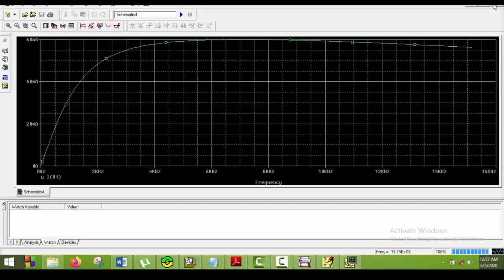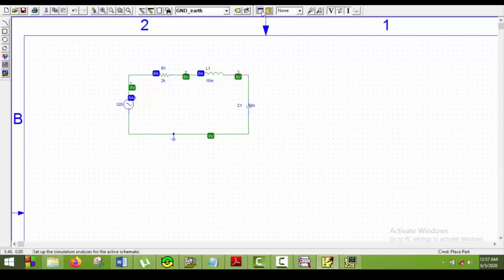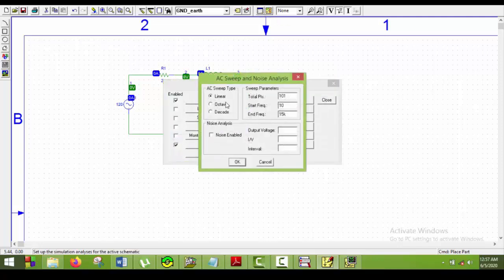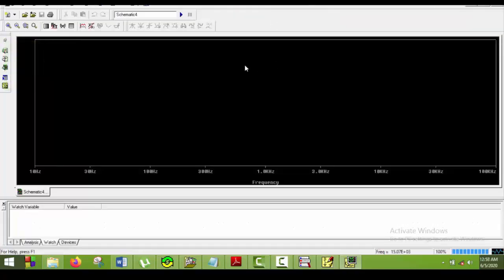But if we clear this one out and go to the problem and the circuit and change it to decade, for instance, and say OK and close it and then simulate this one, we see the difference between the main lines isn't the same. So this is more of a logarithmic graph. So this is the main difference between the plots. When do we use it? We use it for a vast range or a big range.